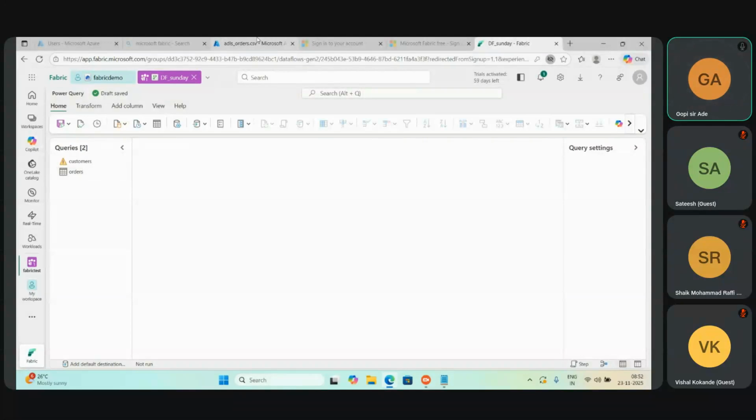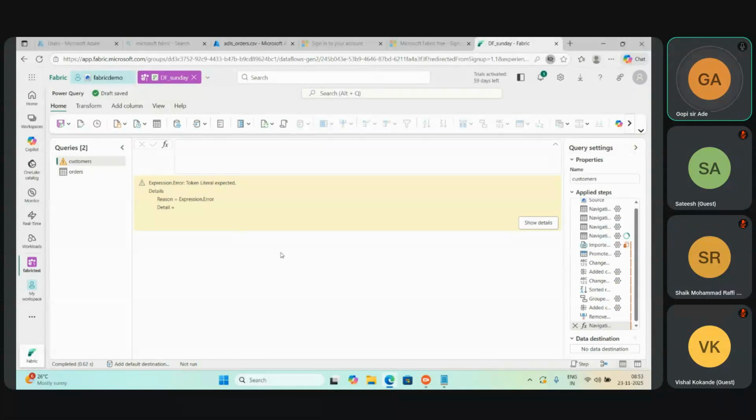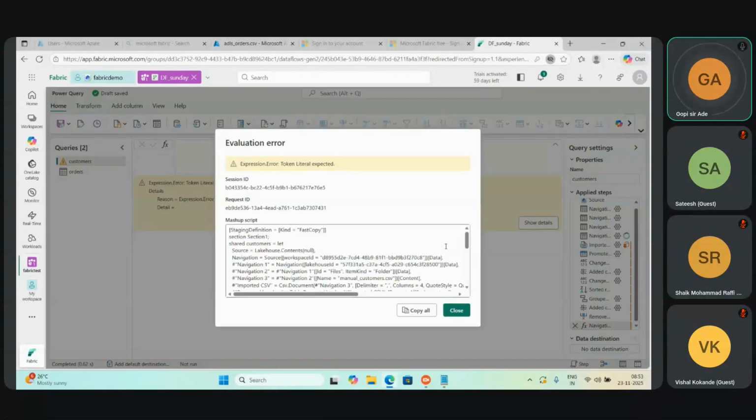So from ADLS, I have selected this ADLS orders.csv. That data we have here. So now I want to combine this data. So how can we combine this data? I want to join this data, because in the customers data, if you see,